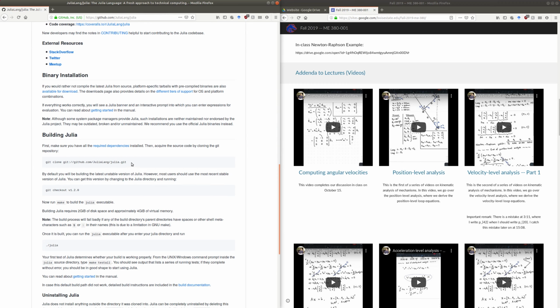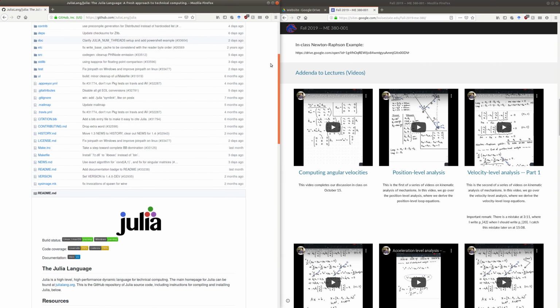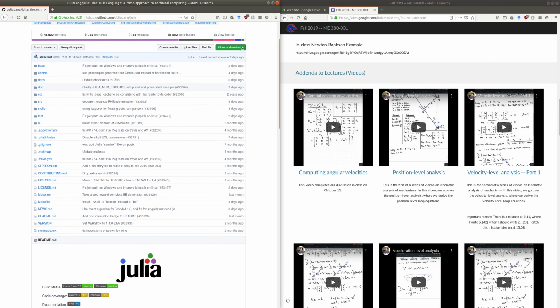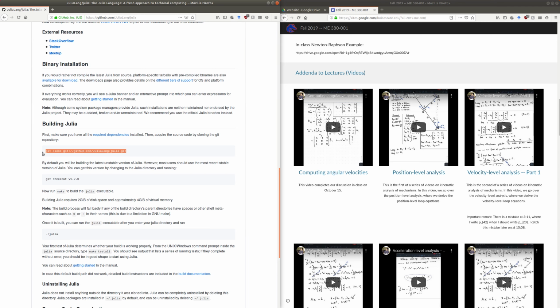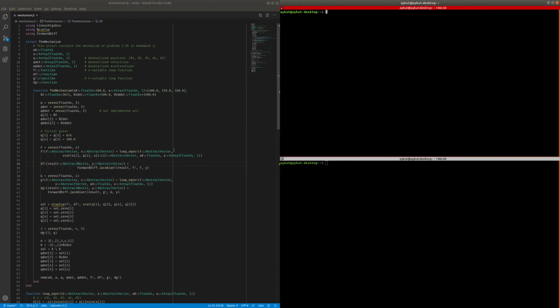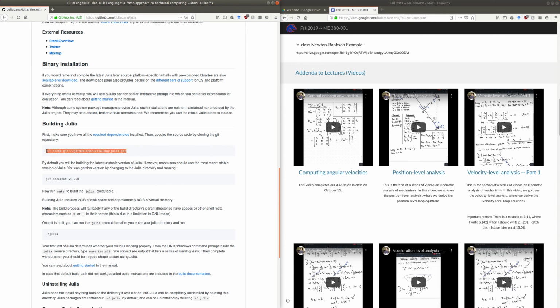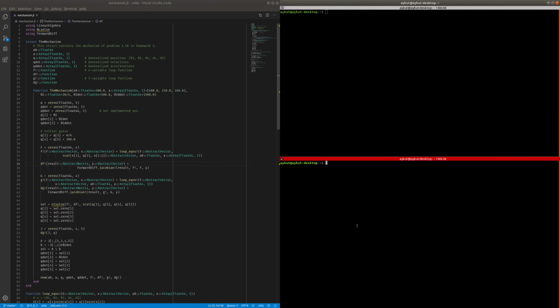To build Julia, essentially, you clone this repository from Git. This one, you clone it. You can either go here and download this as a zip file. What I do is I go here and clone this repository by copying and pasting this line to the terminal. So what I do is I go here and I go to here. I copy that. Sorry, I didn't copy it apparently. Control C. Go over here, Control paste. And then you can write here the directory that you would like to clone this